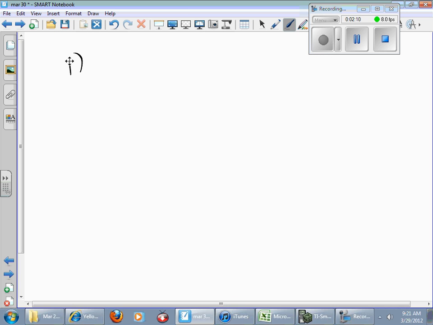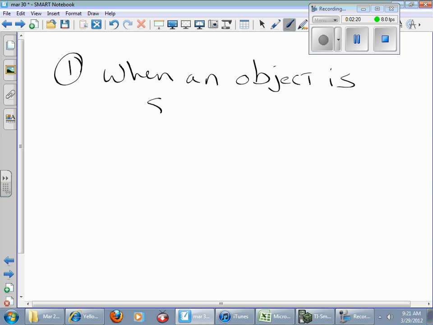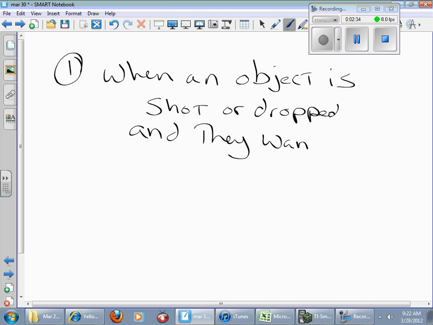The first type is when an object is shot or dropped, and they want to know time. Okay? They want to know time. In that case, if they're asking at what time will it hit the ground, you're going to have to set